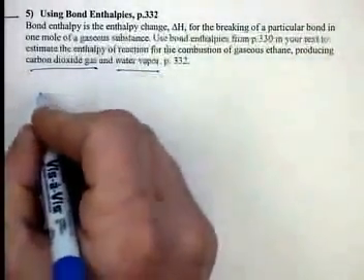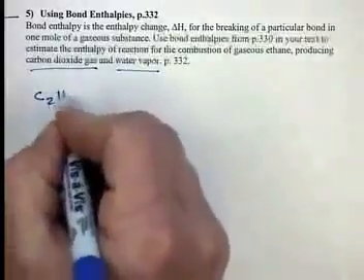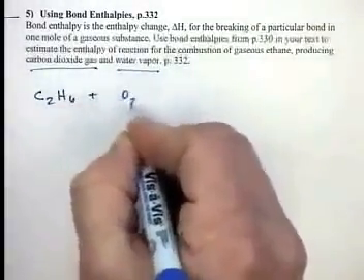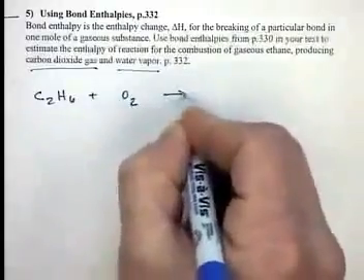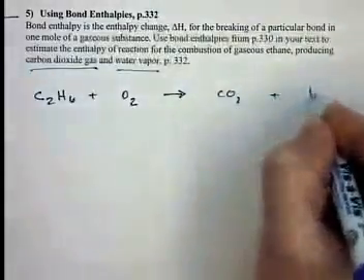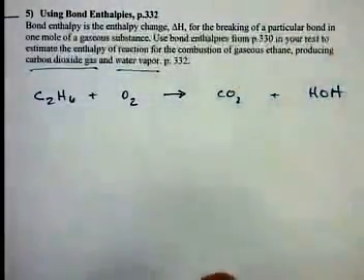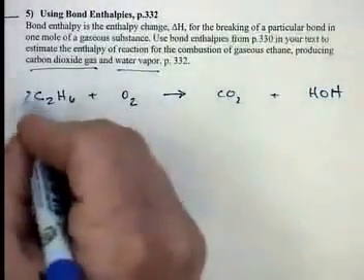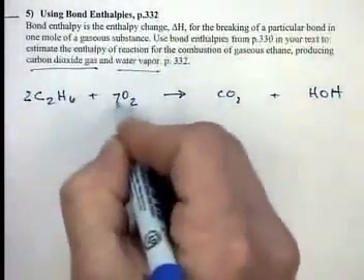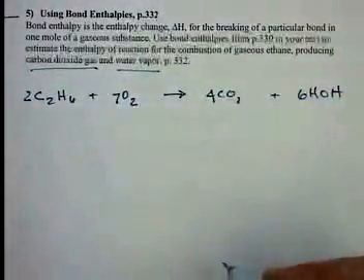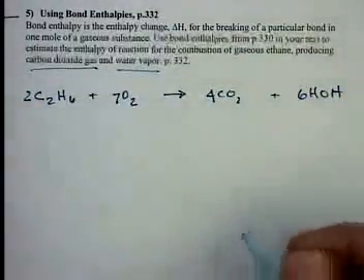Well, the equation for this, for ethane, is C2H6, and we're given that it's going to combust, so we have to react it with oxygen, and we're going to produce carbon dioxide and water. To balance this reaction, I'd normally have to have 2 of these, 7 of these, 4 of these, and 6 of these. But if I look back at the question, it says,